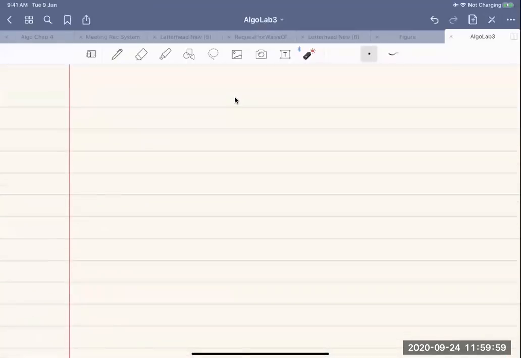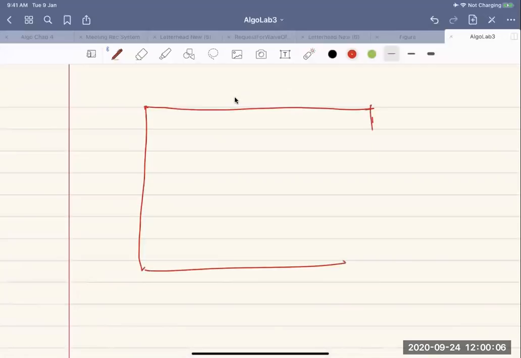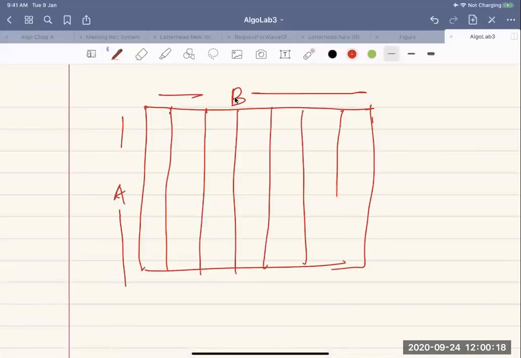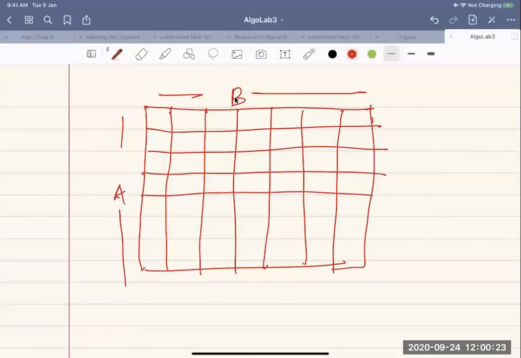You have a grid of rocks of size A cross B. If you construct the grid, you can think of each cell in the grid to be a rock, and the coordinates are given. So for example, this is 0, 0, and this will be a minus 1, 0.